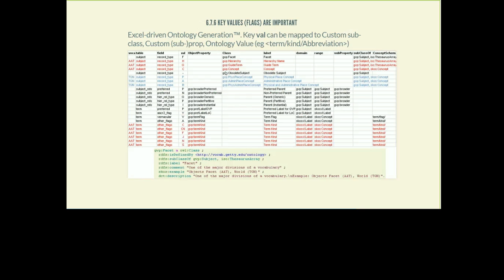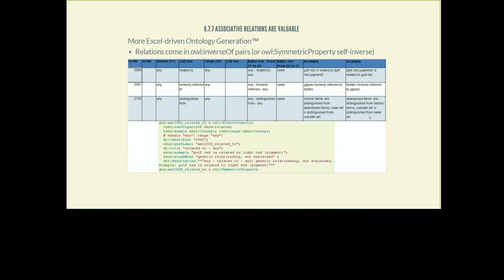I'm very pragmatic, so we did some of the work in Excel. Here we're mapping some key fields from a database to either a property or a class or a particular value from a small micro thesaurus. Or this is how we created most of the Getty ontology. Most of it consists of relations between concepts and other things. So this is the Turtle that we generate from, really, the curators fill out this table, and then we generate the semantic representation from that.